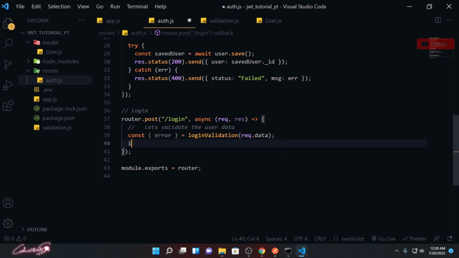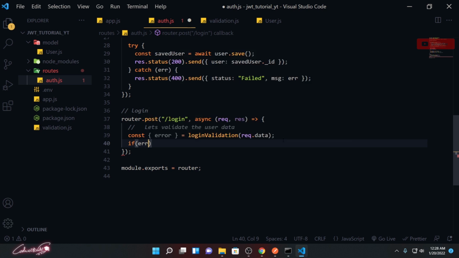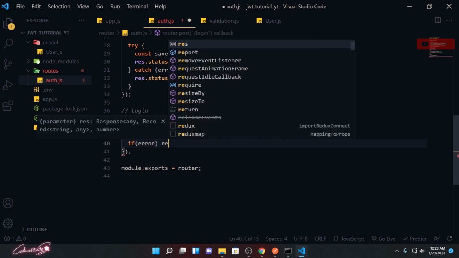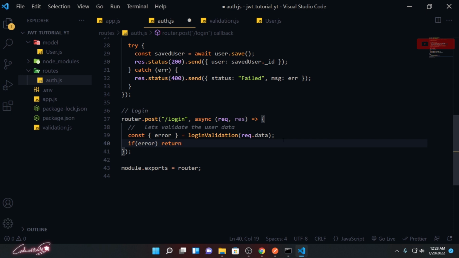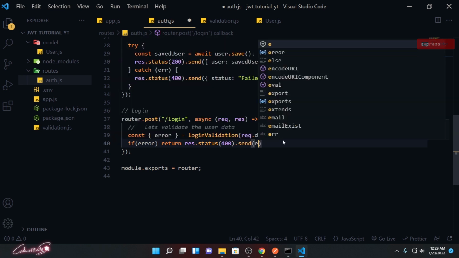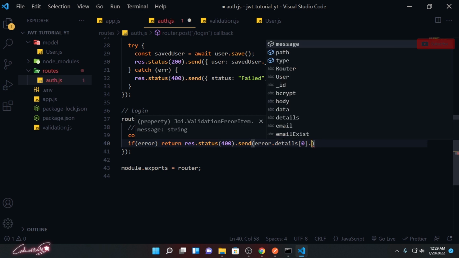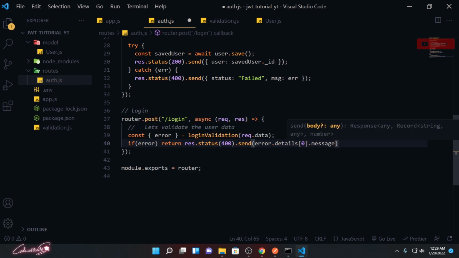So if error exists, we are going to return that error with status 400 and send error.details. It is an array; we take the 0th element, and inside that we have the message. All we need is just that message.